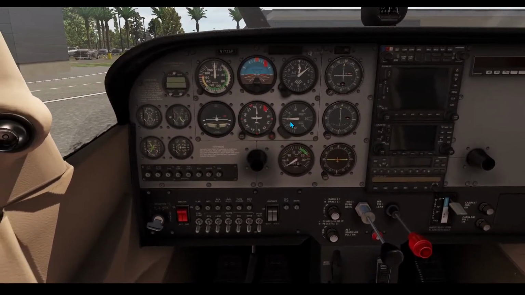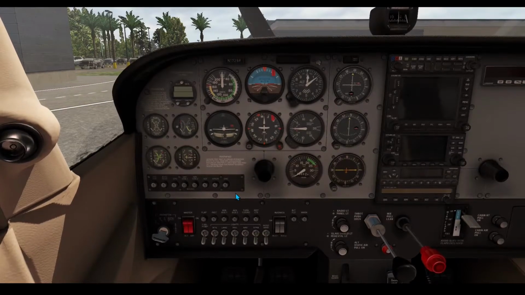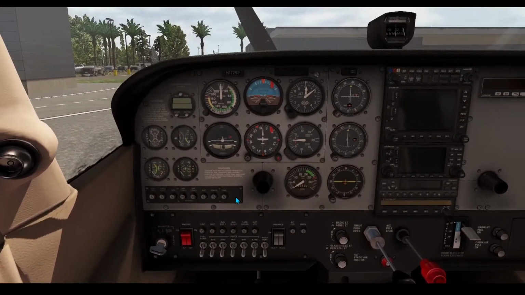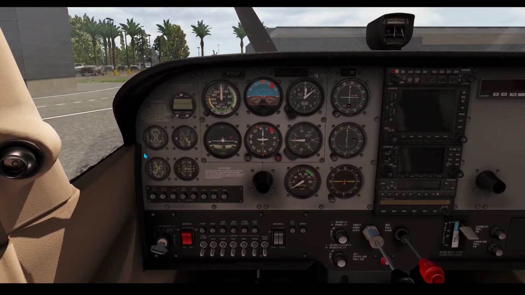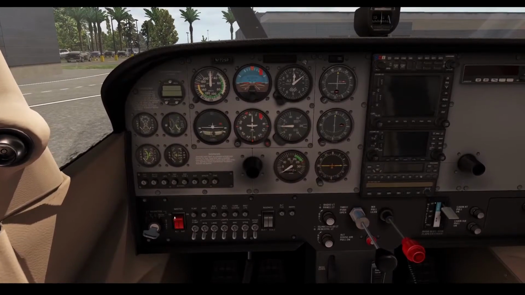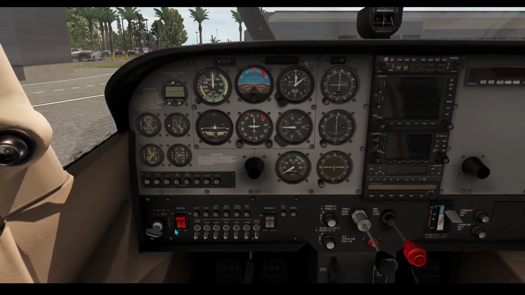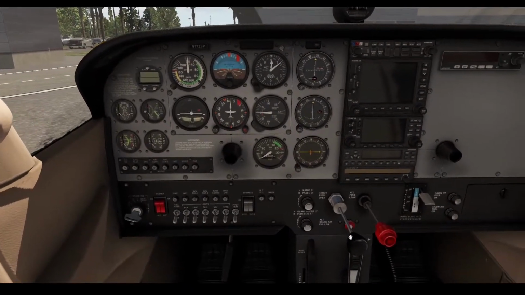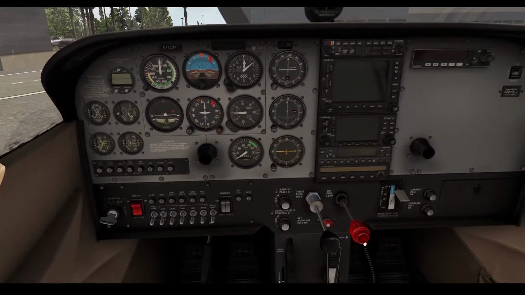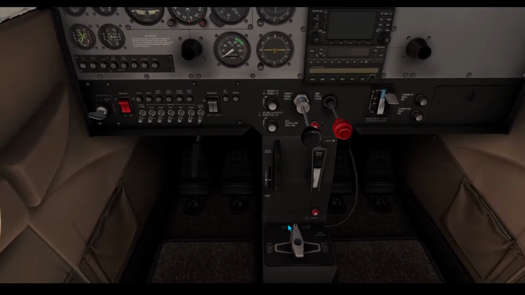We're going to see together what they are for and a little description and a few details without going in too deep. First thing first, we want to start the aircraft so that the battery won't drain. First thing we have to do, even though this is not a tutorial about starting the airplane, but since we're here, circuit breakers all in and switches all off, key is off, battery alternator off, throttle lever and mixture lever all back. This is idle and lean, flaps up, fuel valve on, parking brake